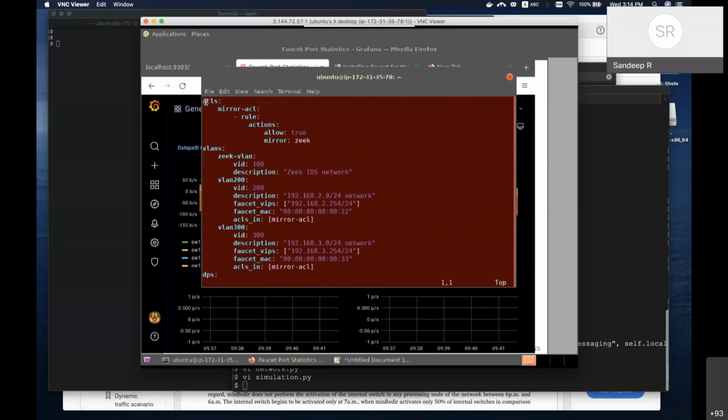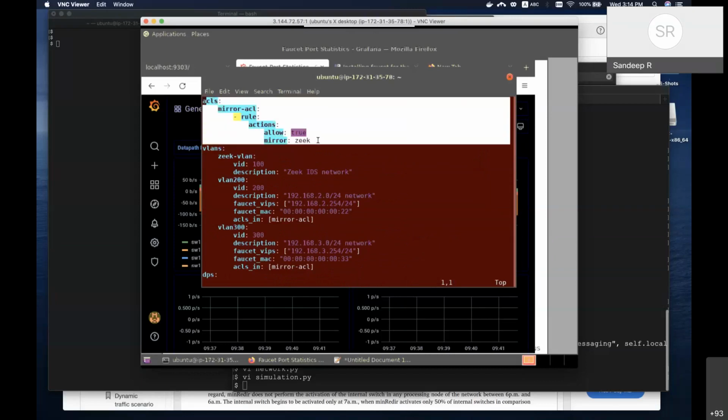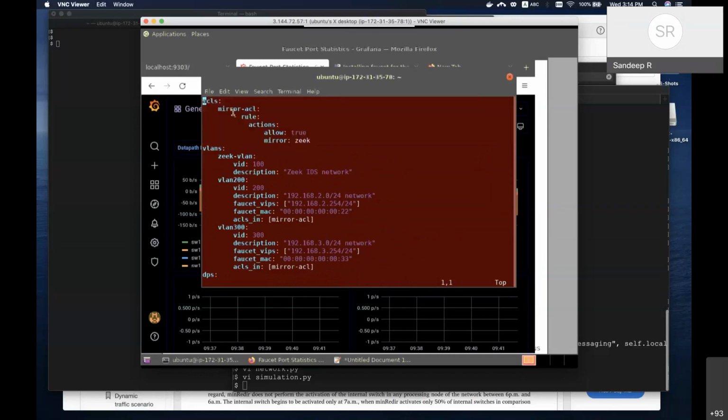If you can see here, you can actually set some ACLs also. ACL is access control list. That is basically used to block, permit, blacklist, whitelist IP addresses on the network device. ACL, access control list, is basic stateless access control. Now if you look at it, in this setup we have three VLANs: VLAN 100, VLAN 200, and VLAN 300.